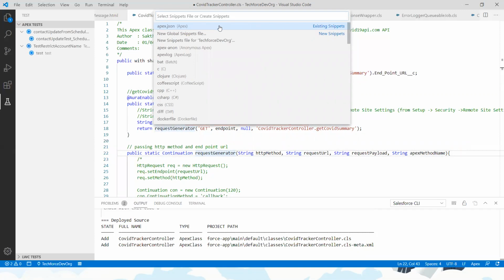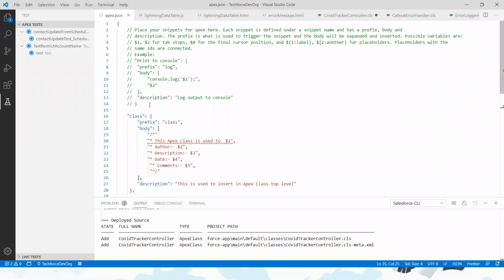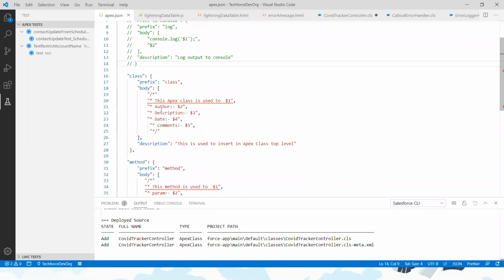Here, basically, it's not only for Apex classes. You can add this for HTML, JavaScript, or CSS, all the files. Let me show you the Apex one. Simply click apex.json. It's already there. Basically, if you click apex.json, an example will already be there. You just add whatever you want.